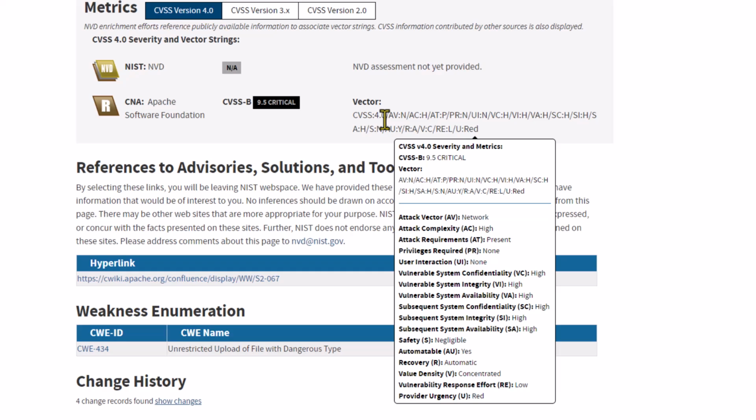For example, here, attack vector is network. So that's where the N is coming from. So you can see that it says AV:N right here. And it's telling you that the attack vector is over the network. And that makes sense, right? Attack complexity, AC, is H, it's high. Attack requirements, they call it AT, are present. Privileges required, none. That's very, very interesting because you can get into this machine. If it's running Struts, you could get in there with zero privileges required and begin to start traversing the system.